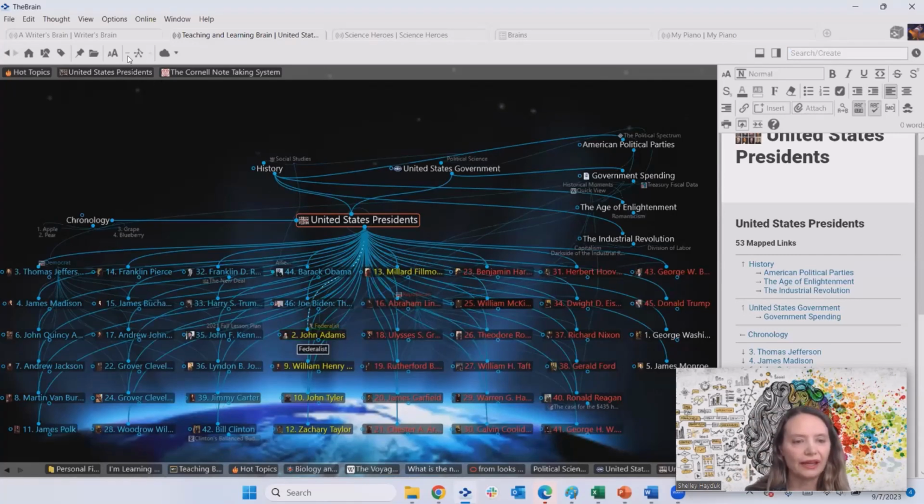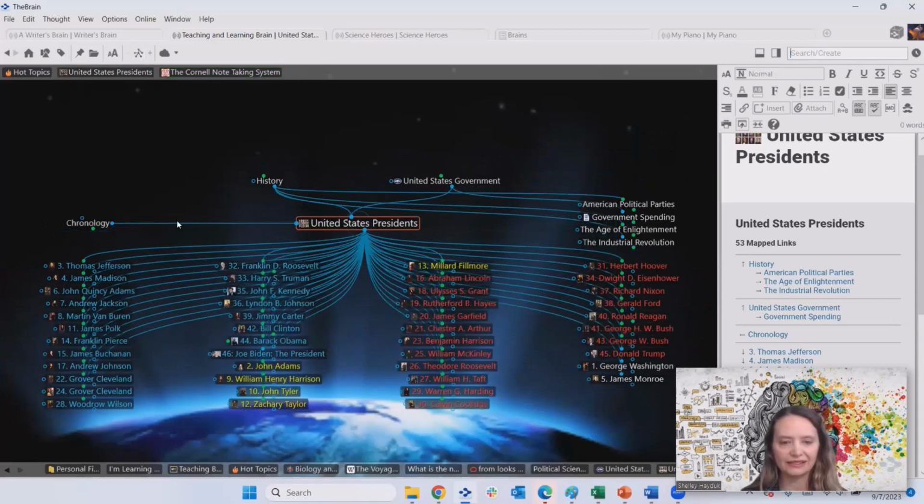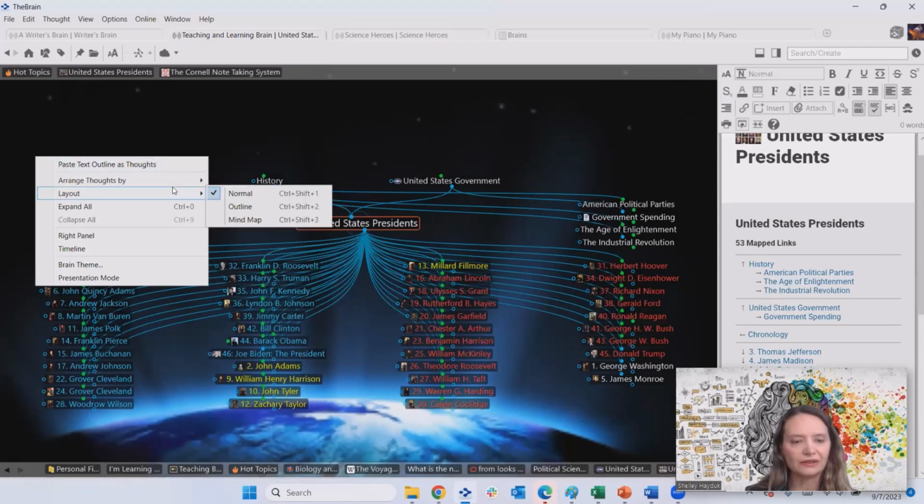As you can see, blue is Democrat, red is Republican, and there's also a Federalist Party that's in yellow. Let me go ahead and have it in singular view so you can see the way this looks. So there are very many ways to slice and dice information. Rather than me creating an extra child thought here in how I'm displaying my information, I'm actually using thought types. In this case, things can be organized in order of preference by number, or I can come in here and arrange these thoughts